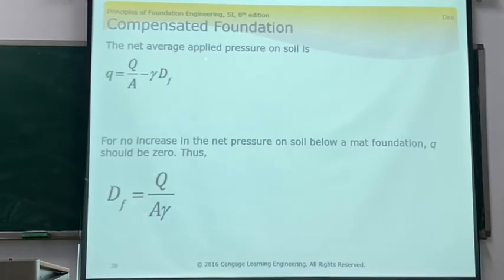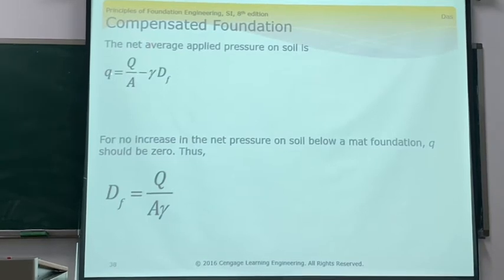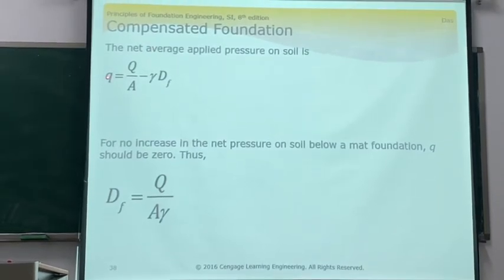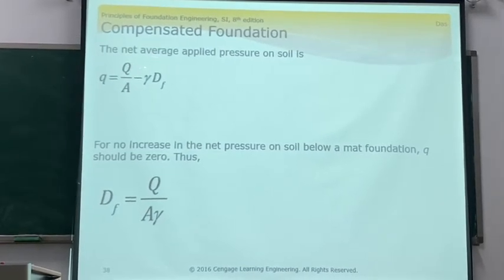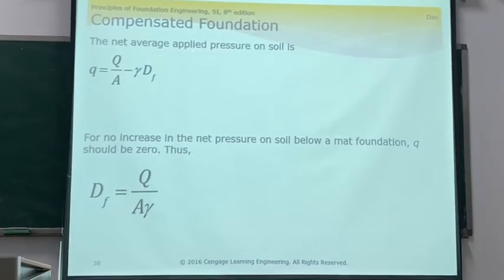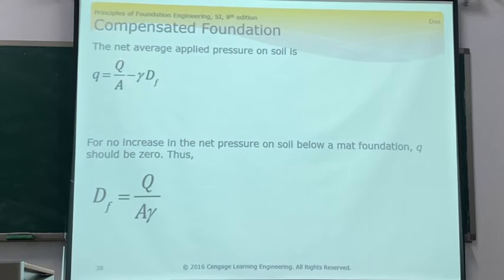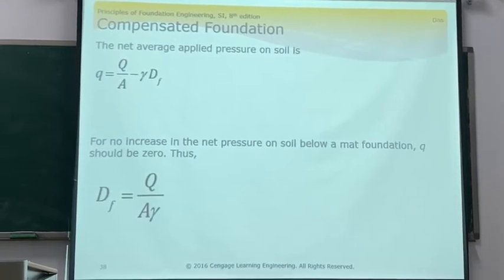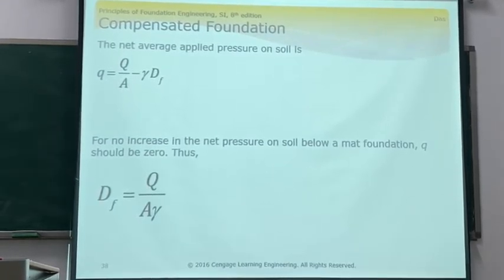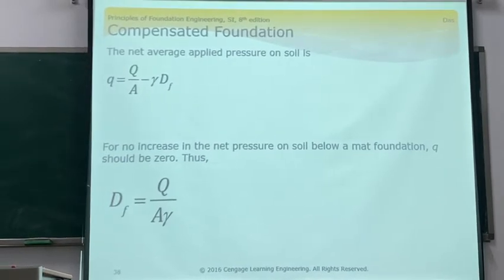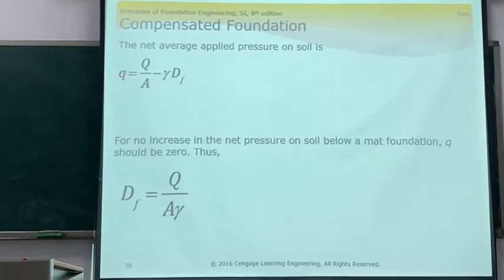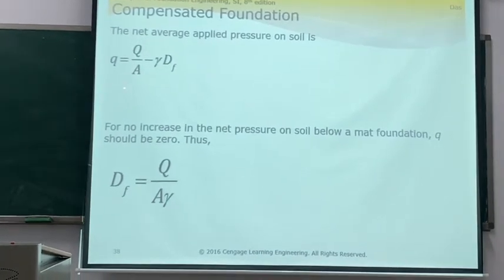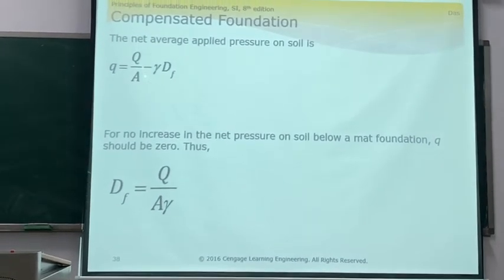So for the net average pressure at the bottom of the foundation, we can use this one. This is the net average apparent pressure on soil. This Q is cup Q. Cup Q is the gross load at the top of the foundation. Okay. By A arrow, then we can get the pressure at the bottom of the foundation, and this matters